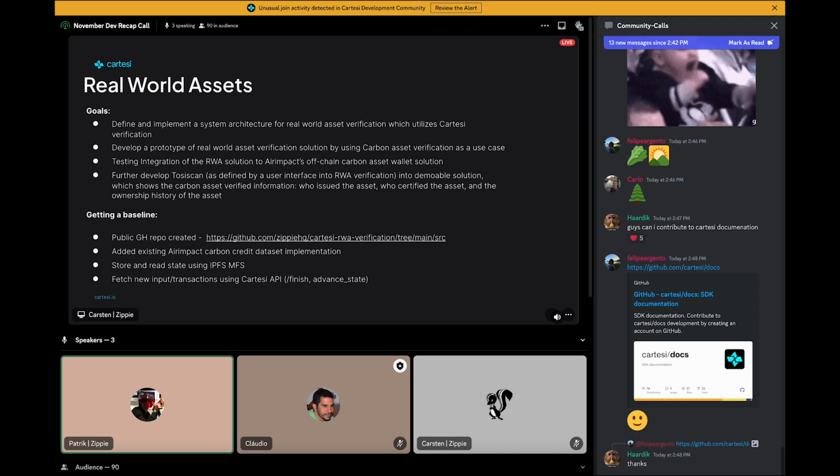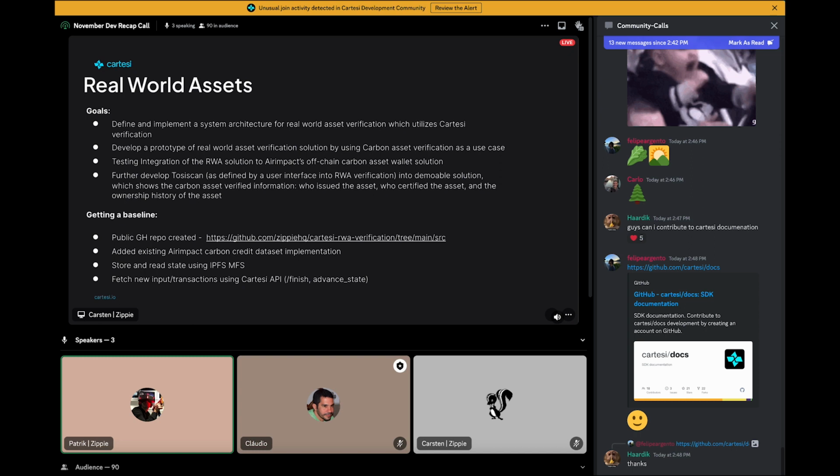During November, we have been setting up a baseline. There's a public GitHub repo created if someone is interested, and we added the current implementation that has been used into there.